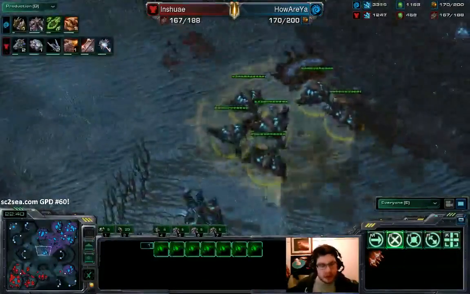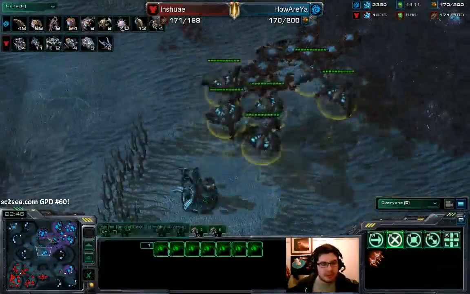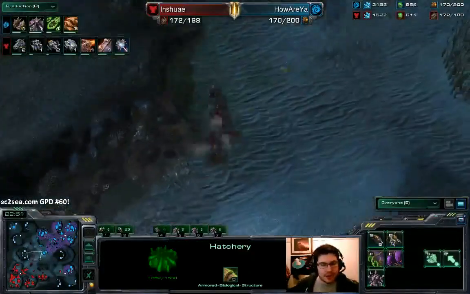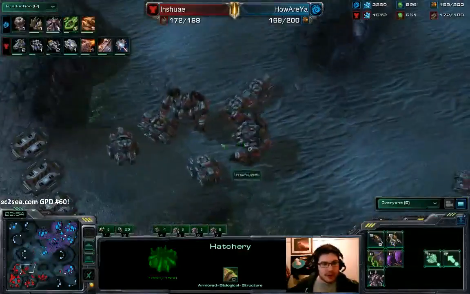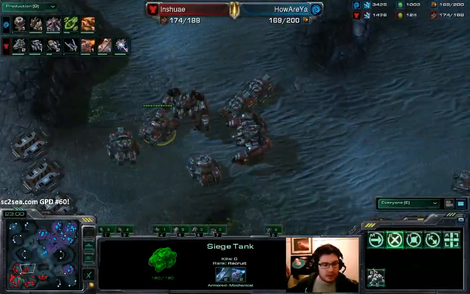He's got a big total of those 8 Broodlords out. We've got 10 Corruptors and 13 Infestors out. So unless a very nice sort of Hunter-Seeker comes along, which he is researching, Inshuae could be in a bit of trouble unless he gets...